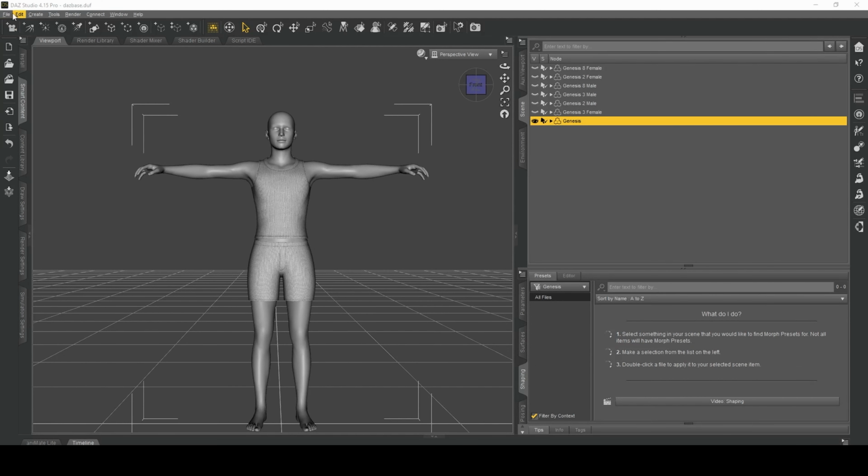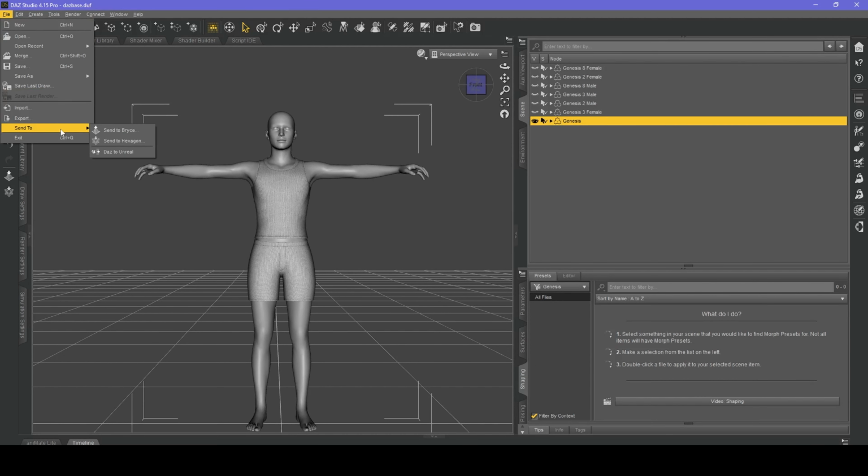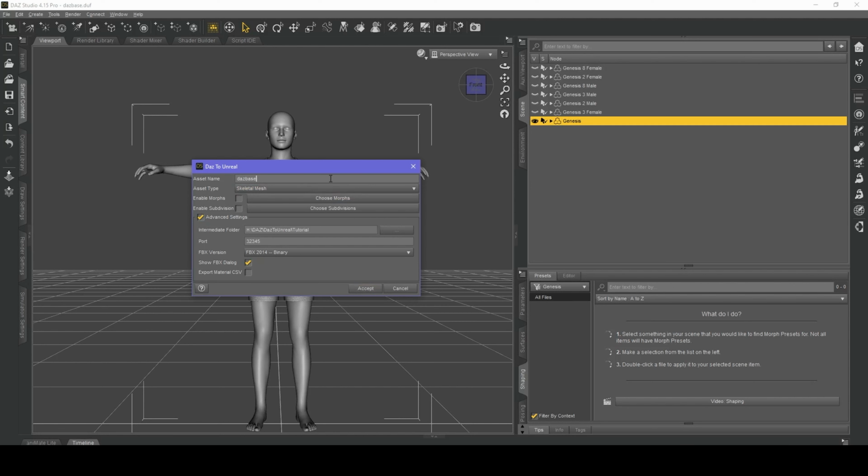Okay, we're now going to export this to Unreal Engine. First, you want to name it. I am going to prefix this with Genesis 1, G1, and I'm going to call this tutorial because I already have one in my project and I don't want it to clash with that.